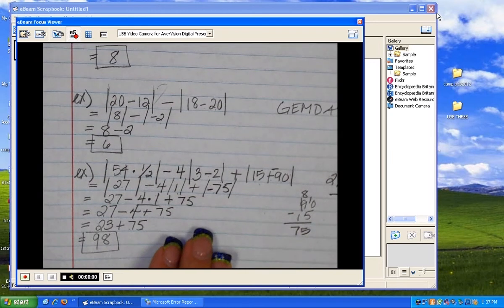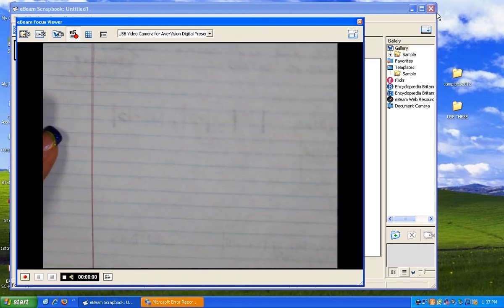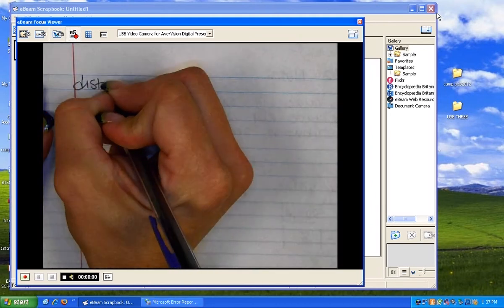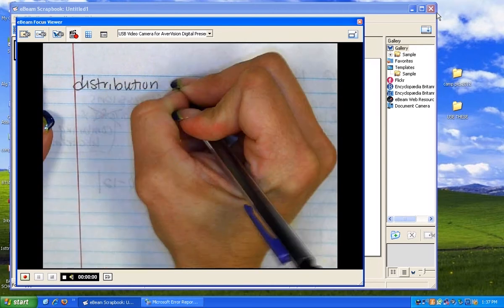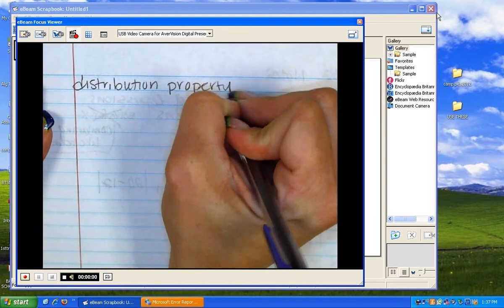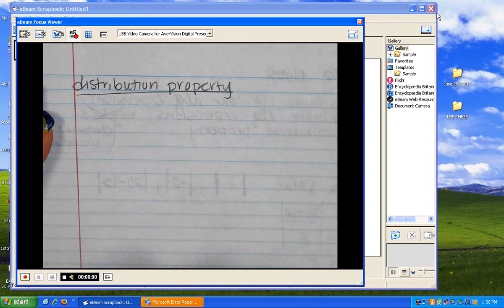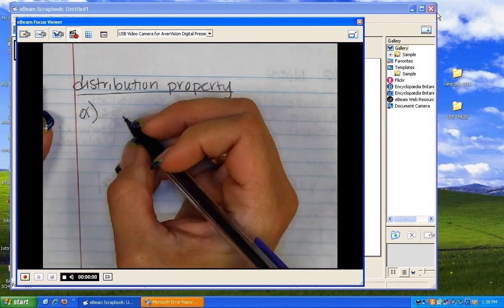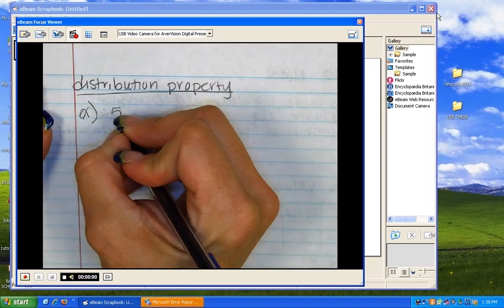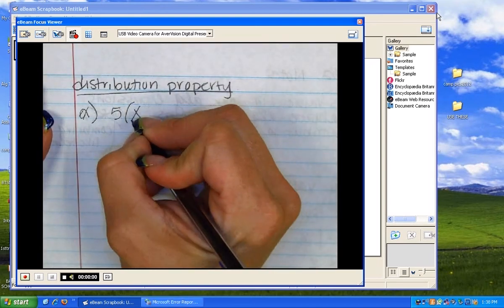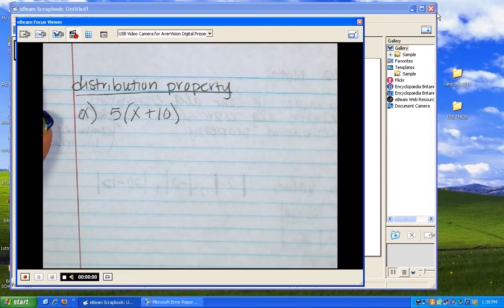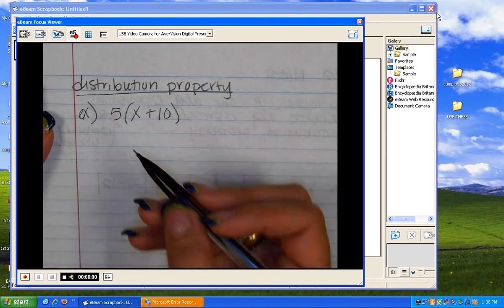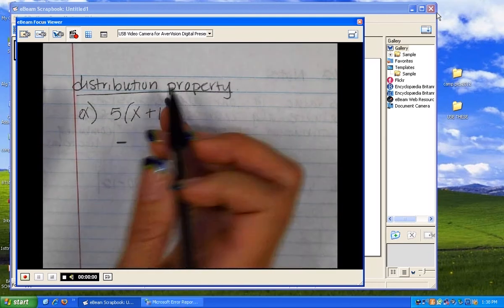Now I'm going to turn my paper over, and we're going to deal with distribution. The distribution property. Okay, this is what we're looking at. And what we're saying is an example would be something like 5 times the quantity x plus 10. This might be a good, simple, basic problem. Okay? And what we're doing is we're saying we have to distribute this 5 times the x and times the